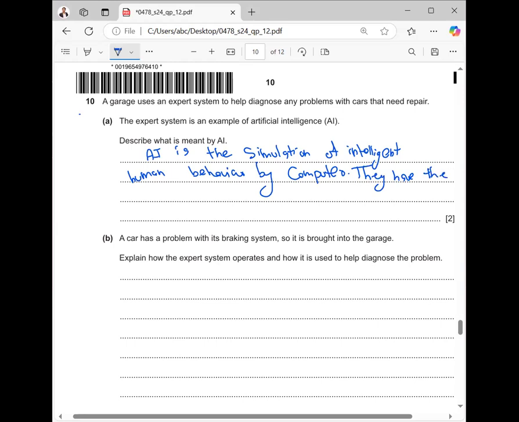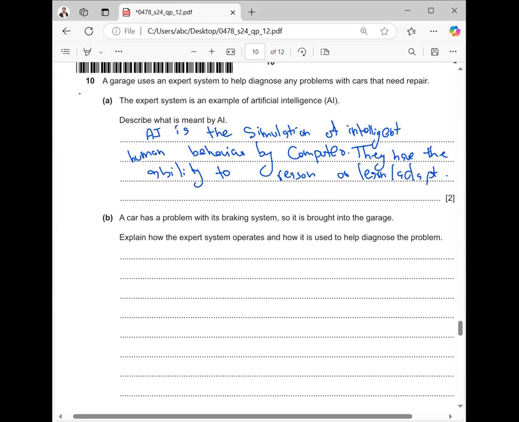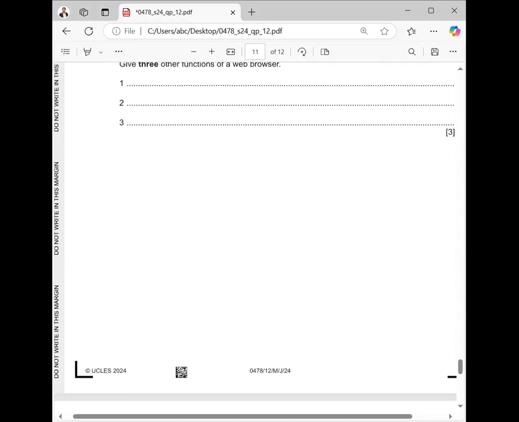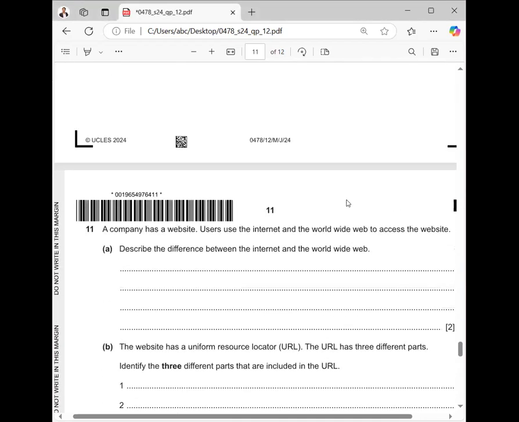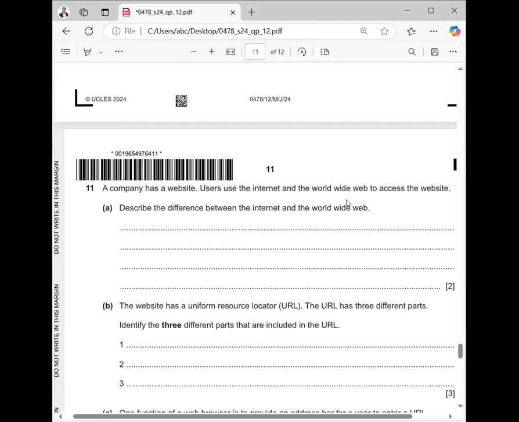They have the ability to reason or learn, adapt. Then it says a company has a website, users use the internet and World Wide Web. Describe the differences between the internet and the World Wide Web, 2 marks. So you can write that